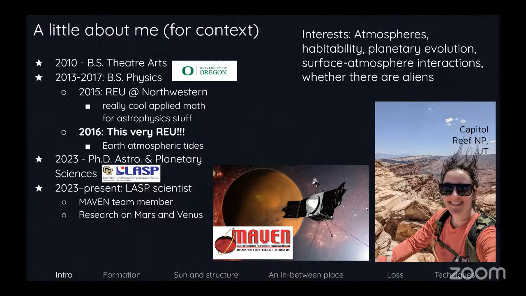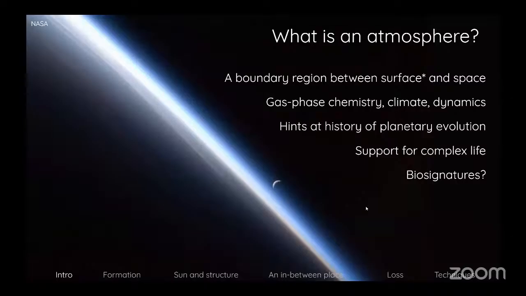So I got my PhD in 2023. And for most of that time, I've been part of the MAVEN mission, which I wanted to introduce because it's going to come up. My expertise is through that mission where we study the upper atmosphere of Mars. It's called Mars Atmosphere and Volatile Evolution. So a lot of my examples will be about Mars. Some will be about Venus, and I won't exclude all the other bodies in the solar system, but that's where my expertise is. And as a little bonus, there's me enjoying atmosphere in Utah. Let me just get rid of this message.